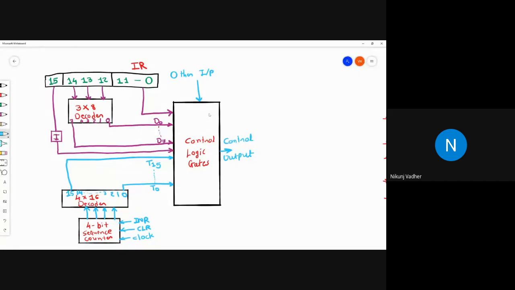Let me draw the timing signal, so you can have an idea of how this will work.